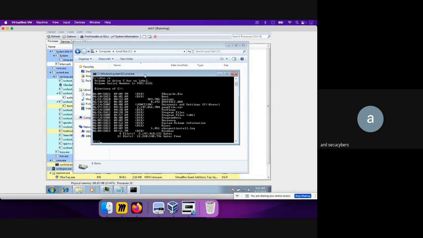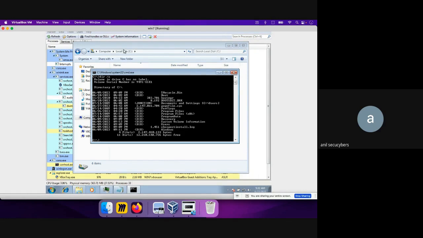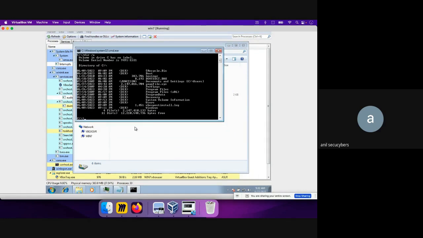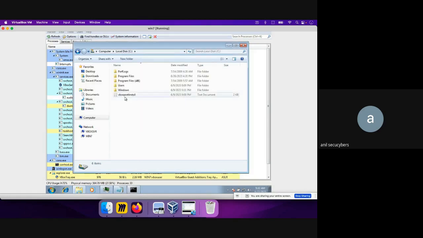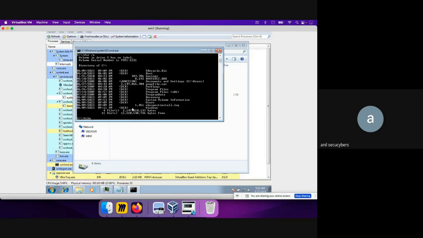The system will turn off, but the next time I turn it on, I will see the same processes that were running last time already running on the host. So what hibernate actually does is save the RAM memory on the host. It will take an image of the RAM memory and save that on the C drive, and it will name that file hiberfil.sys. So the file name will be something like